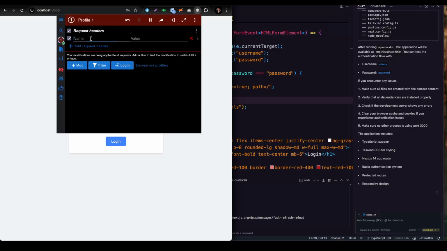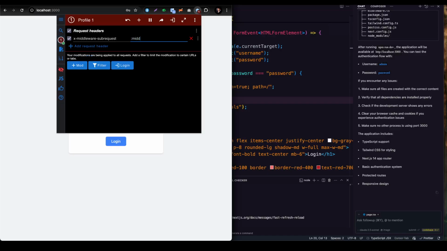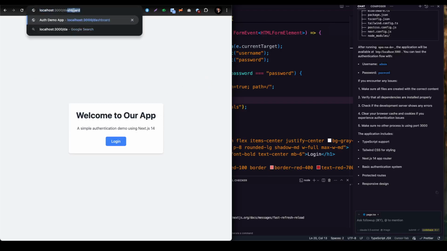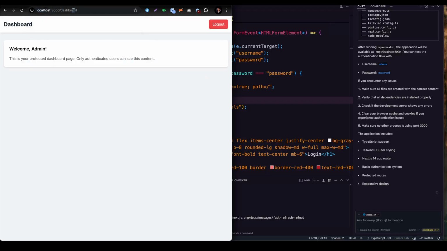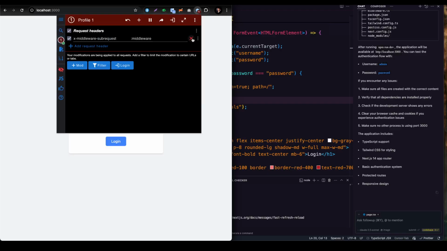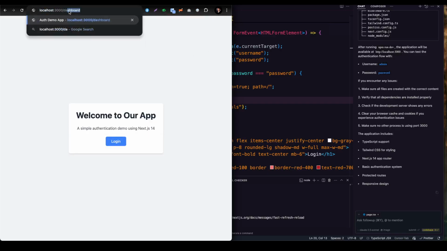I'm going to add a new request header, which will be x-middleware-subrequest, and here I'm going to pass that middleware. Right, so let's just add it, and then I'm going to try to enter my dashboard, and we are in the dashboard. So that means without being logged in we are now in the dashboard. Even if I log out right now, just check it very carefully, because this is a very good thing here. So now if I try to go to the dashboard,